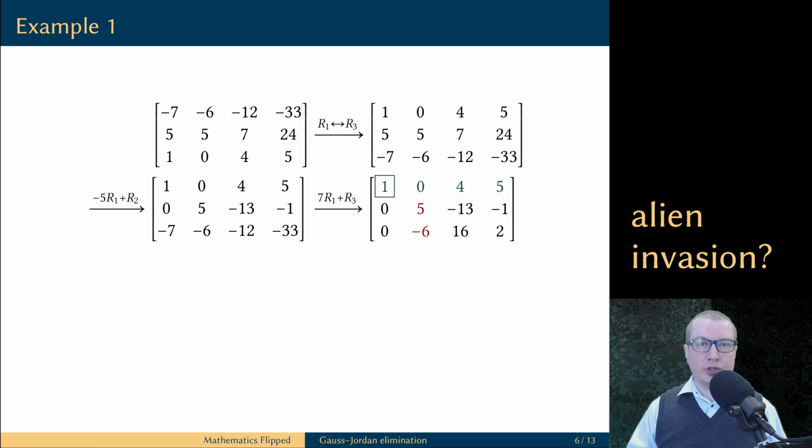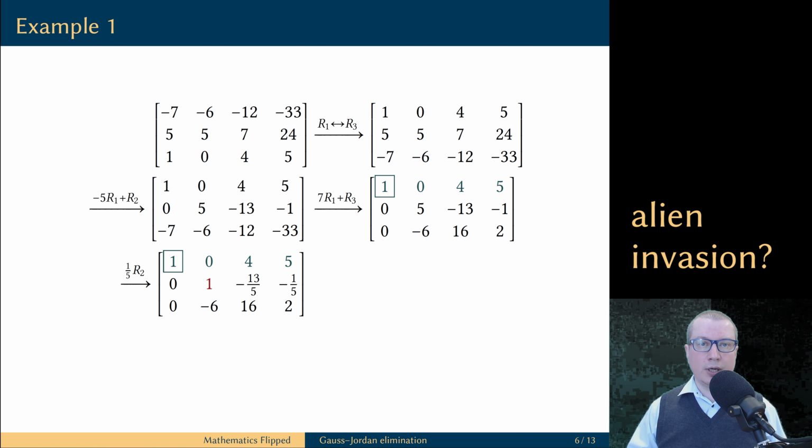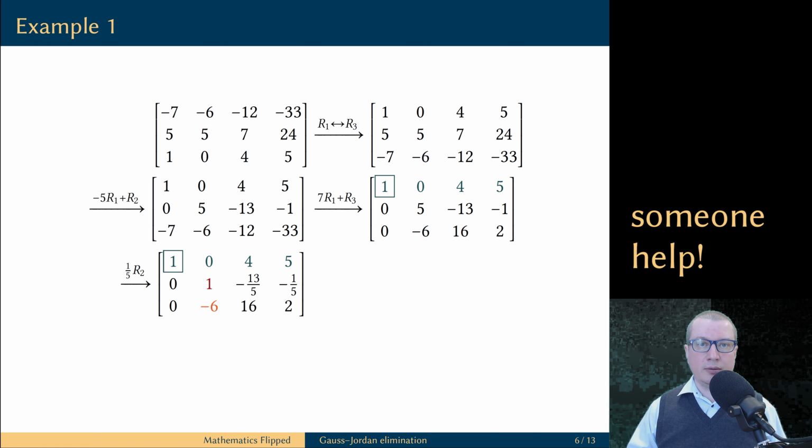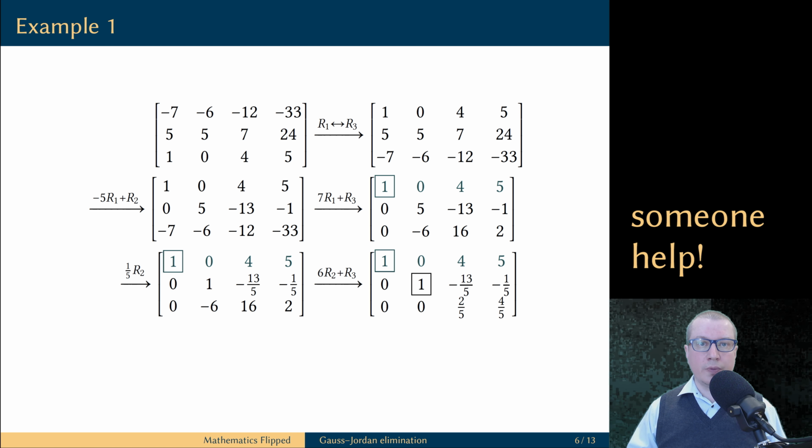Now we see that no matter which row we scale, we are going to introduce fractions into the matrix, and therefore we are not going to swap the rows, we are simply going to scale row number 2 by 1/5. Now we have a leading one in row number 2. And we need to use replacement operations to produce zeros below this leading one. There is only one entry below the leading one. It is equal to -6, and therefore we are going to multiply row 2 by 6 and add the result to row number 3. This completes our second run of the algorithm from top to bottom.